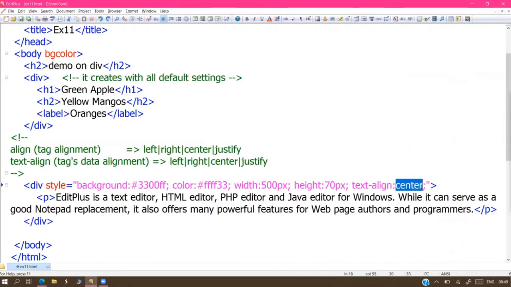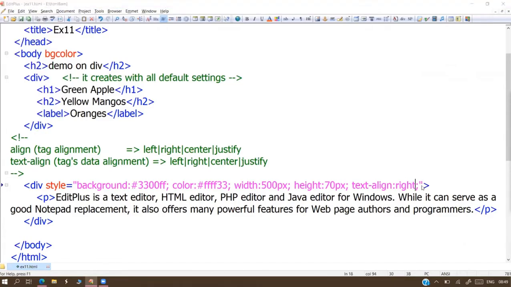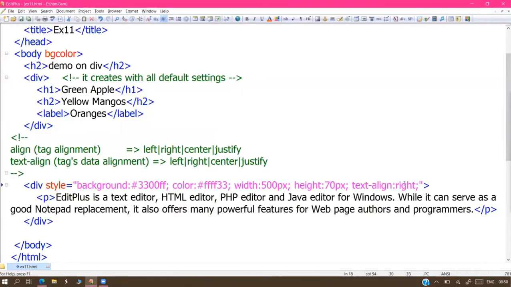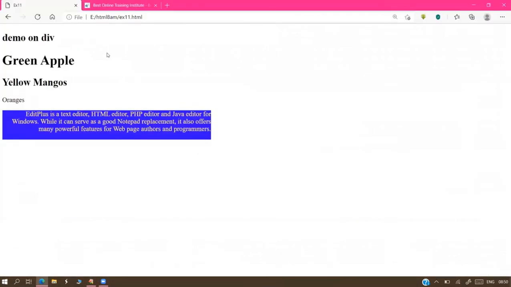Now coming to the right side, sir. Inside the division tag, your text is displayed on the right side. You see the tag is in the same position, but the data comes to the right side. And one more, sir, justification. Left is the default, so I'm not testing that one. Justify. This is justification. So left, right, center, justify: four options. Left is default, that's why I'm not testing it again.